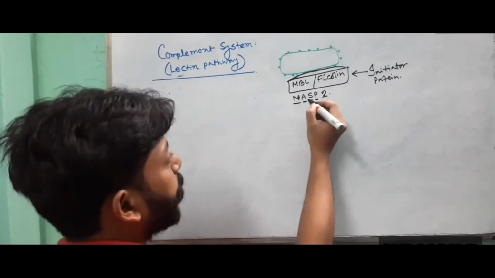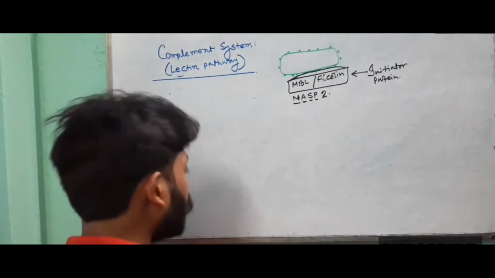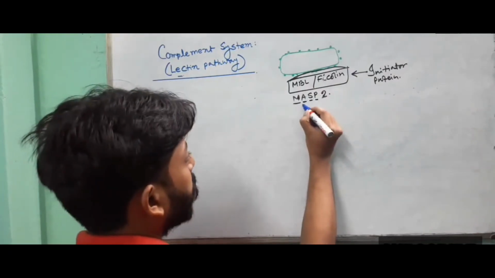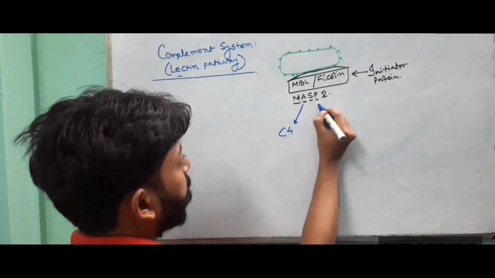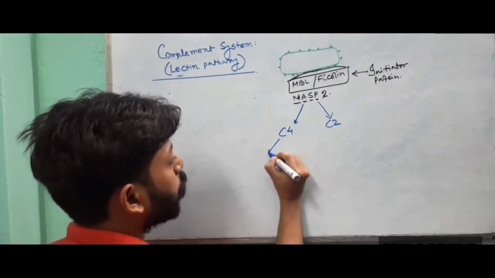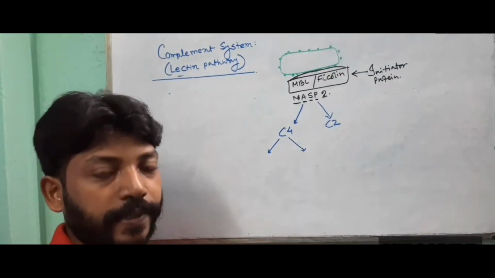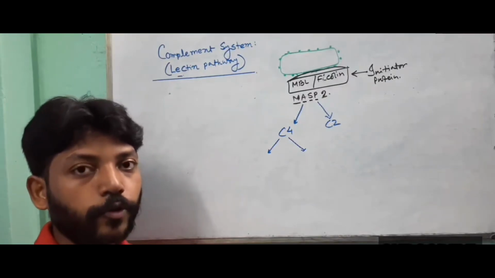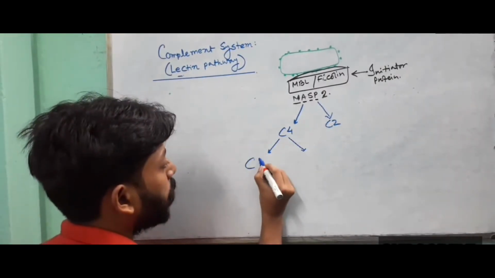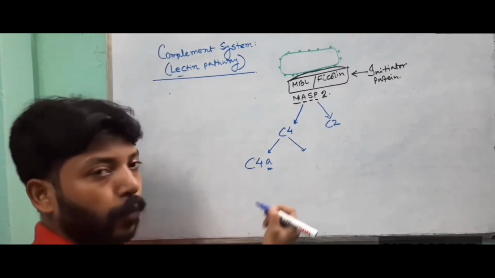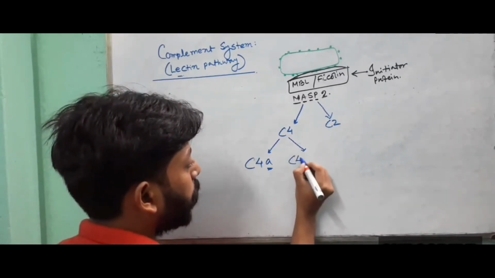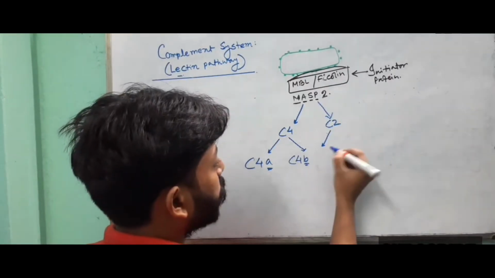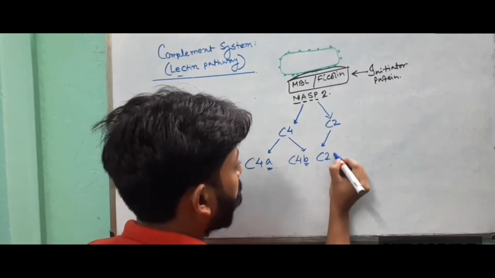What happens? MASP2 actually cleaves two complement proteins, C4 and C2, into their two components or fragments. In my previous class, I mentioned that when complement proteins get cleaved, they produce 2 fragments. One is called C4a, a for the smaller fragment, and C4b for the larger fragment. Also C2 will be cleaved and produce C2a,